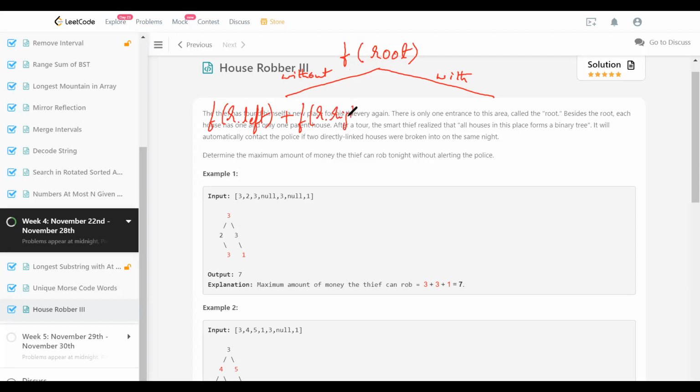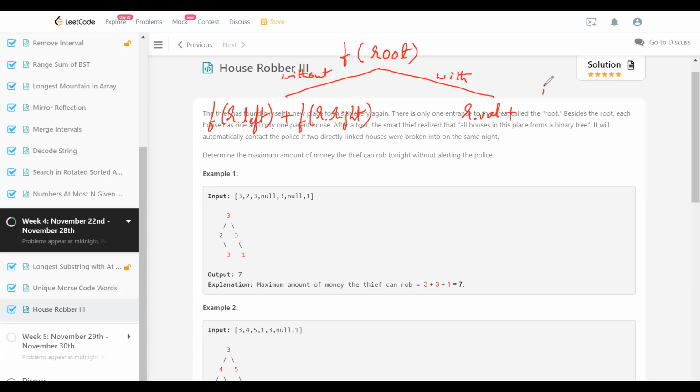So we need to just solve for these two subproblems, and the sum of them is going to be the answer. On the other hand, if the robber, the thief, robs the root, the value of the root, which is root.val, is going to be the amount he gets. Along with that, he needs to rob the remaining. But because he has already robbed the root, he won't be able to rob the left and right children directly, right? So he has to skip them. So that's why we need to solve for the problems even below that.